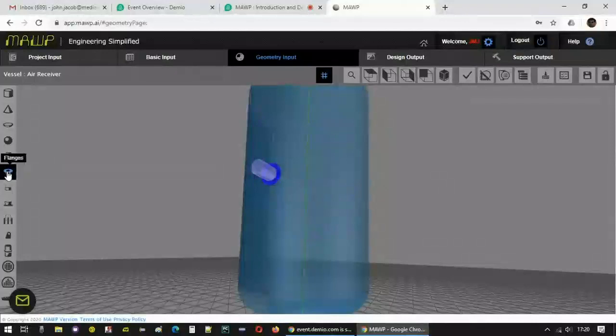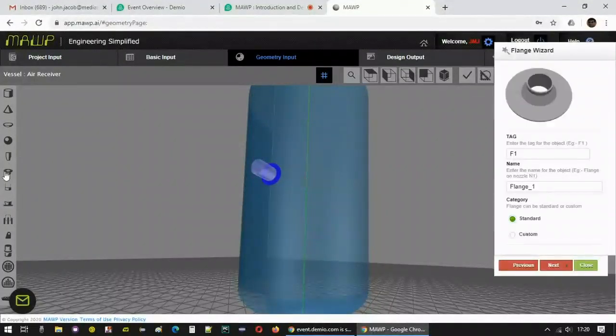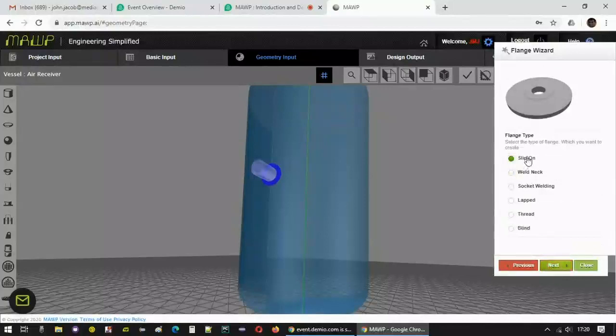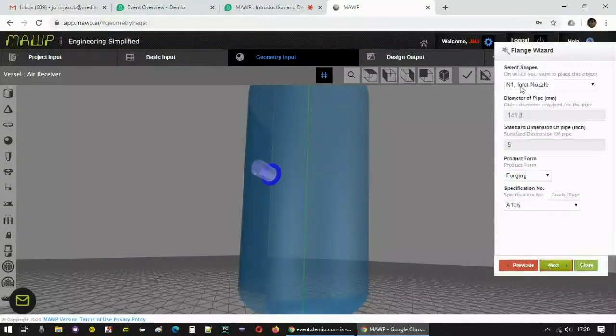Now I'll put a flange onto the nozzle. So I go for flanges. This is the icon for flanges, and it's a standard flange. Now I select the type. Let's say we want a slip-on flange, and so I'm picking the inlet nozzle on which I want to